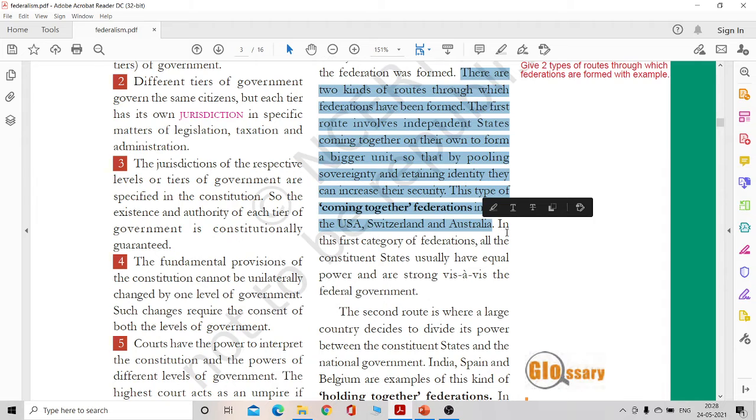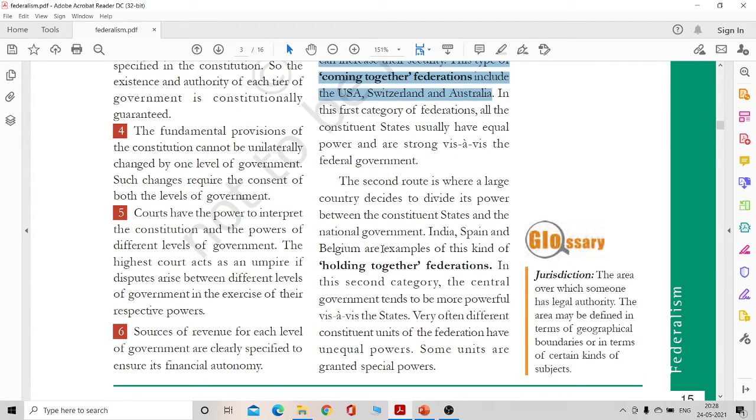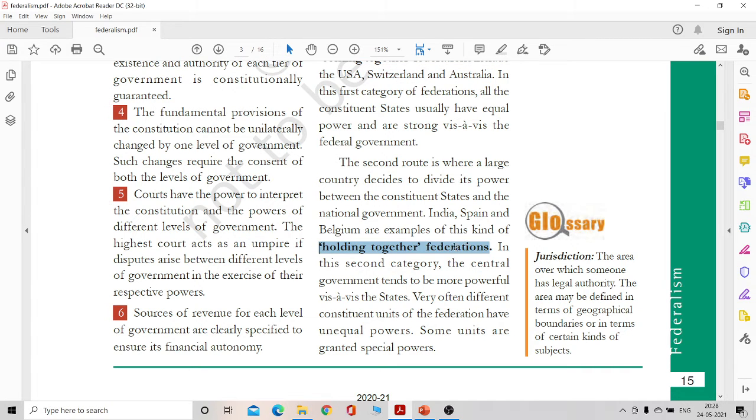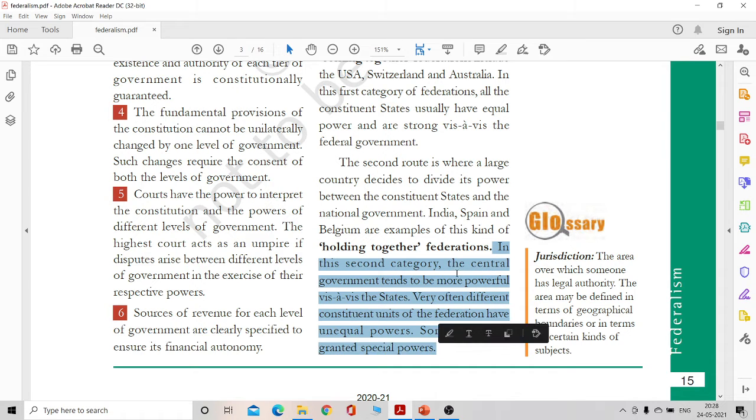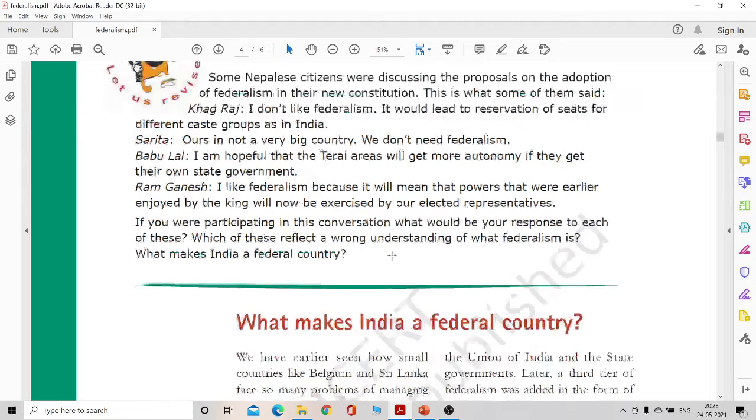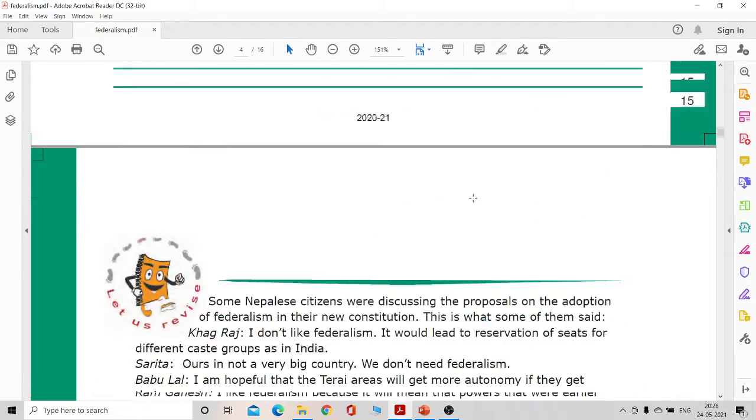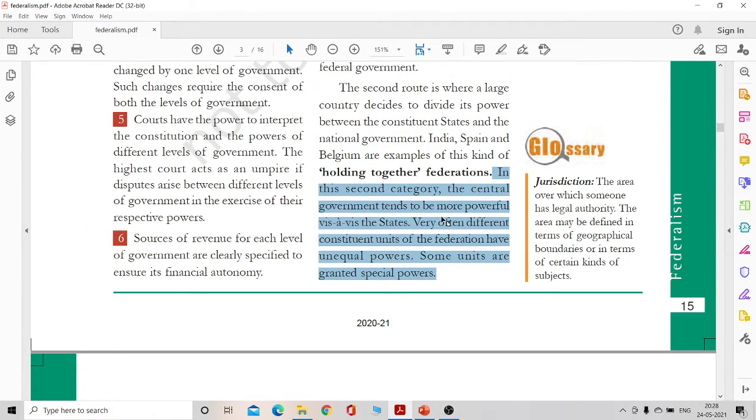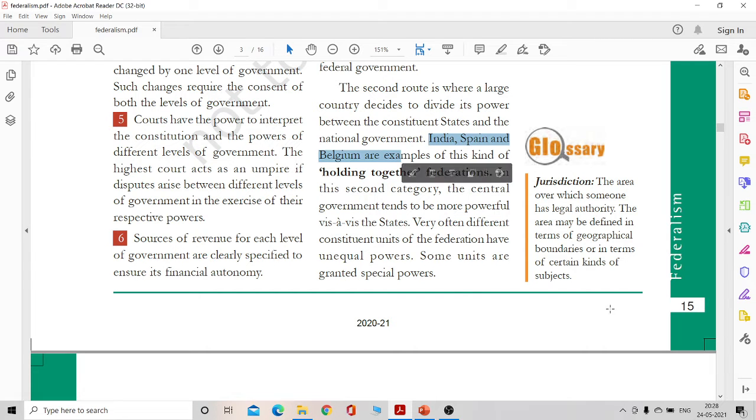the examples already given. Vis-a-vis, of course, there's a second route where the large country decides to divide its power and assign power to its constituent states, which is known as the holding together federation. In this category, the example would be India, of course. If we go down further, we will see that the examples of holding together federation are India, Spain, and Belgium,